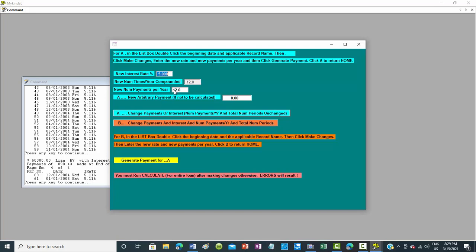That'd be twice a month, or we could go 52 weekly, or we could go 6 times a year, which would be every 2 months, or you can go 0.5 times a month, which would actually be every 2 years, I guess. Anyway, there's several different options for number of payments per year, but you use that with the B. So I won't take the time to go into that, but